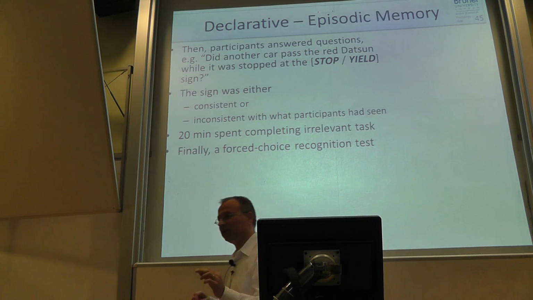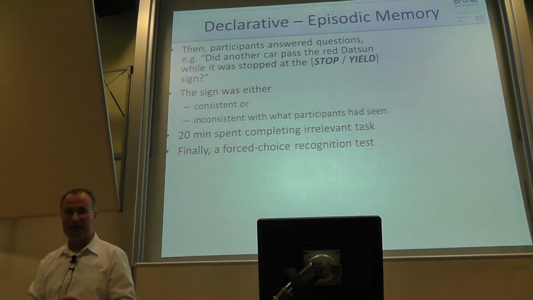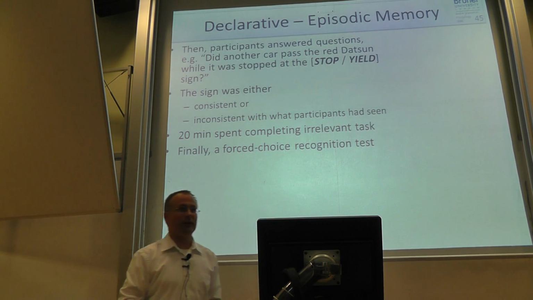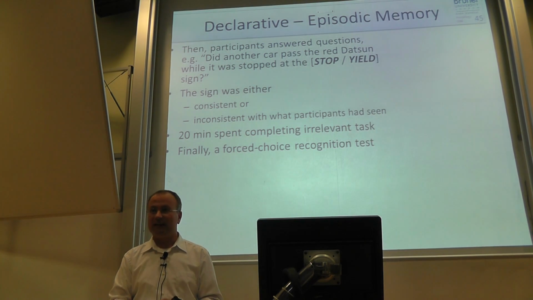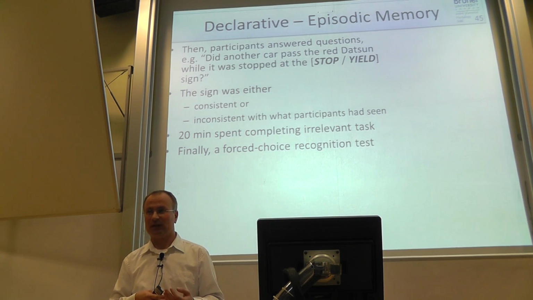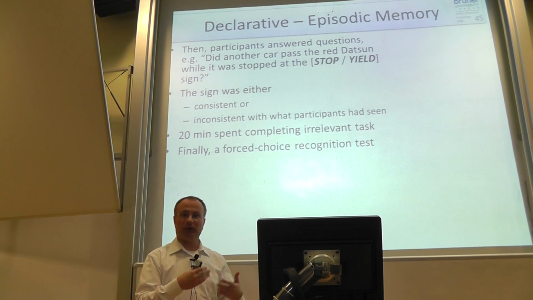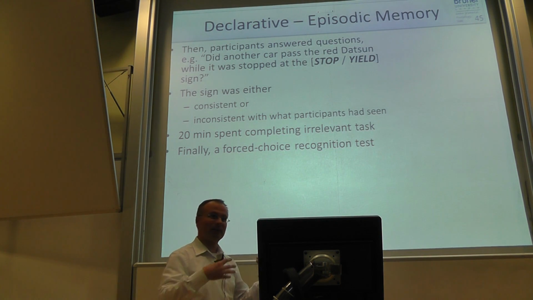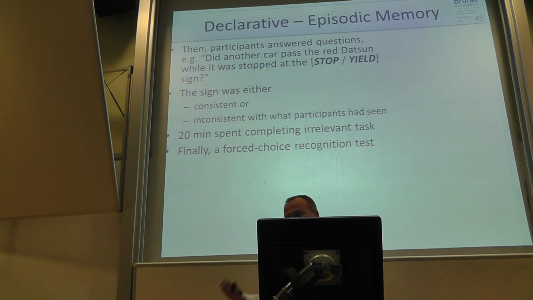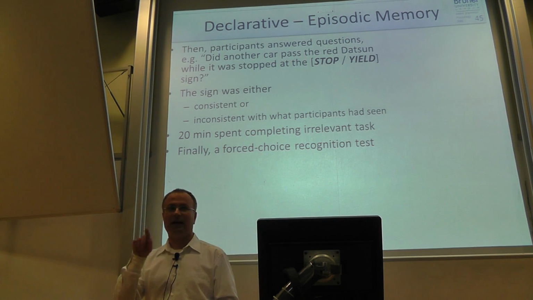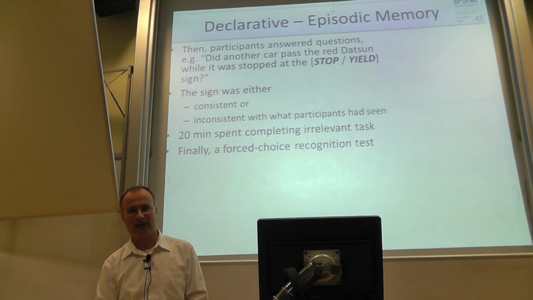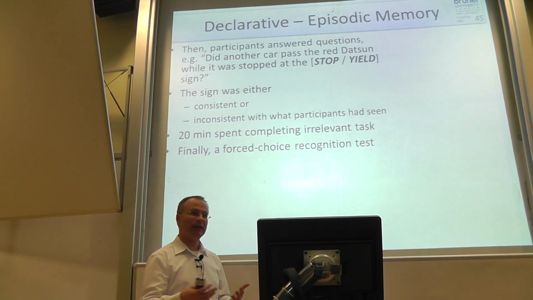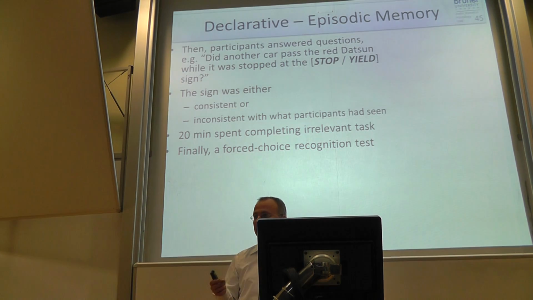One with a stop sign, the other one with a yield sign. You're asked, what did you see before? Now, generally, people who saw the stop sign would say, yes, I've seen the stop sign. However, the group who saw the stop sign but then had the yield sign in the question had a higher proportion of people who actually say, I saw the yield sign. So, although the effects may not be tremendously huge, you see that it can sway people.